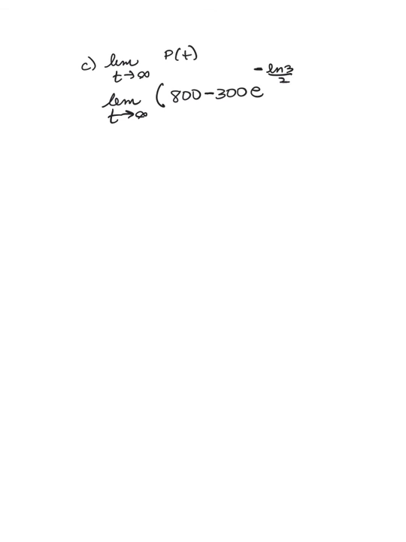Now, in the last question, we're asked to find the limit as t increases without bound of P of t. So recall that the function was 800 minus 300 e to the negative ln of 3 over 2 t. Now to find the limit of that function, we have to review what happens to an exponential function when the exponent is negative. So if you recall,